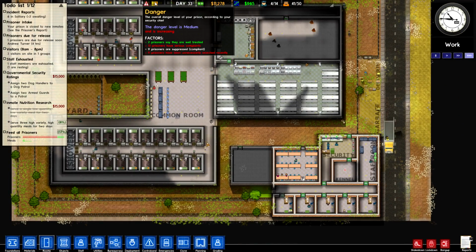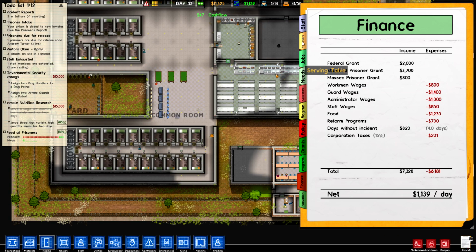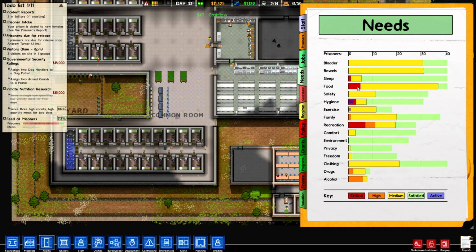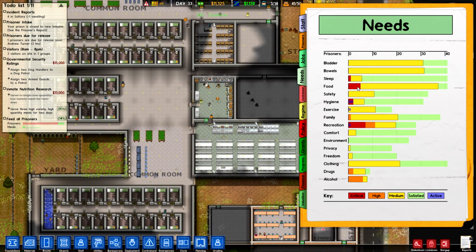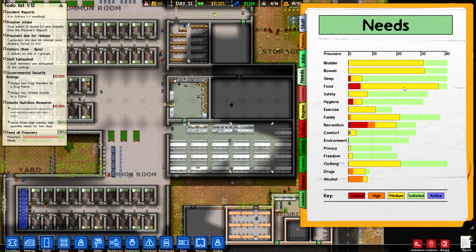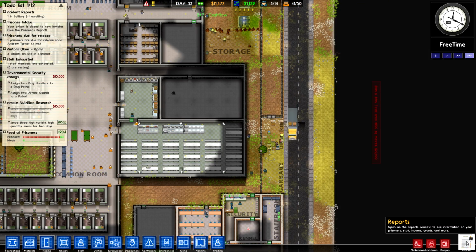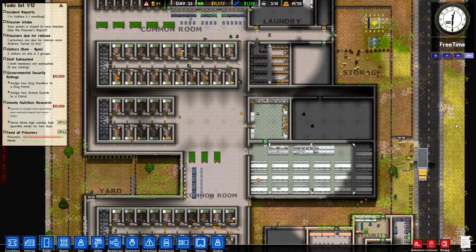Of course they're agitated. 10 prisoners, 13 have serious complaints. Probably they didn't get to eat because they were getting searched. That is a medium complaint. Right now, the serious is, well, it's staying. What are they doing right now? Free time? They're going to be eating again in like...